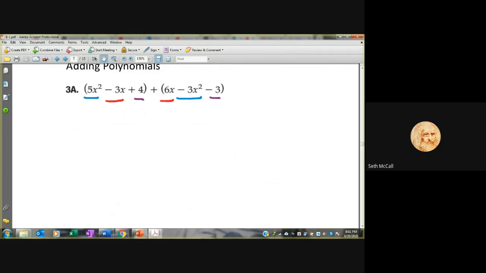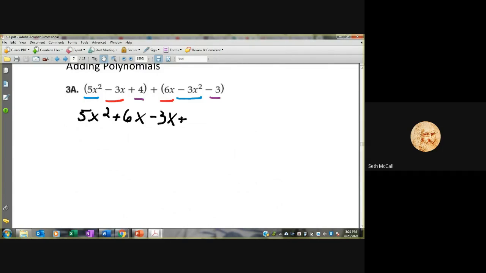So now we can rewrite this if you want. You don't have to rewrite it if you don't want to. I'm just doing it, like I said, to make this as easy to follow along as possible. But we can write 5x squared. Then we can write plus 6x. Then we can write minus 3x